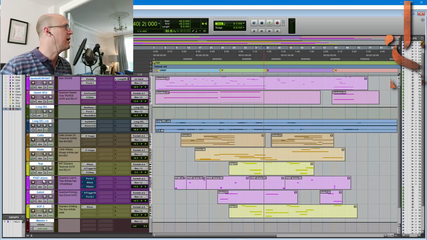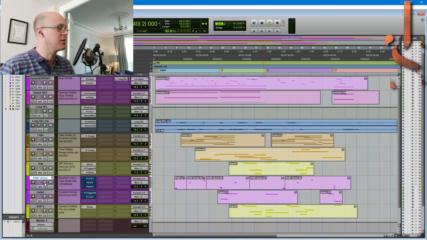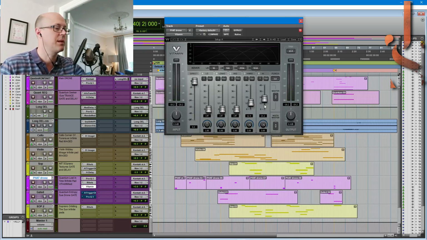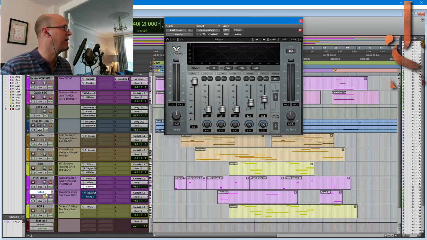And then finally, I used these two from Quantum. It's a sort of very quick pulsing thing with reverb and Vitamin. Now Vitamin just basically makes it shine more up in the upper frequencies. Without. With. Gives it more fizz. No, I called it fat drone. I meant to have a fat drone, but it wasn't. I had sparkle drone. Anyway, and then a gated thing again